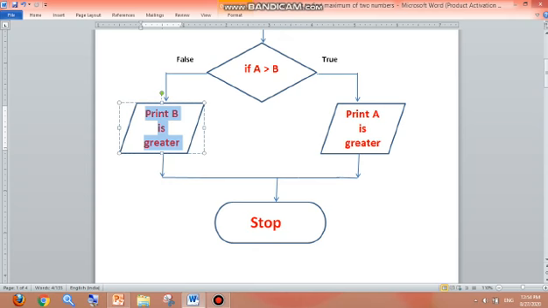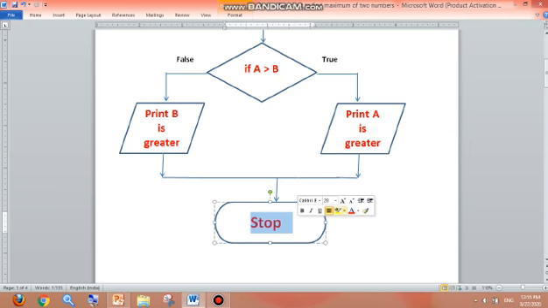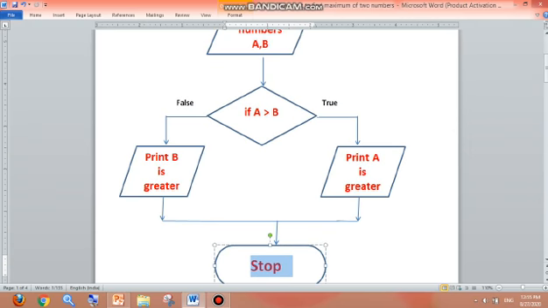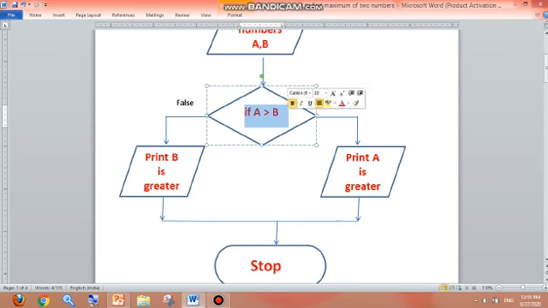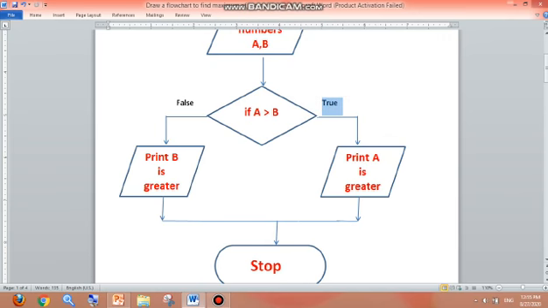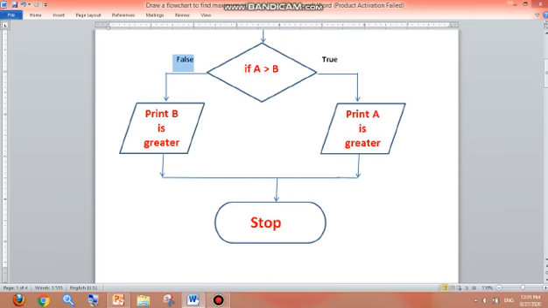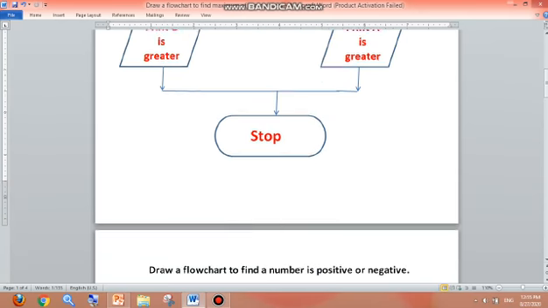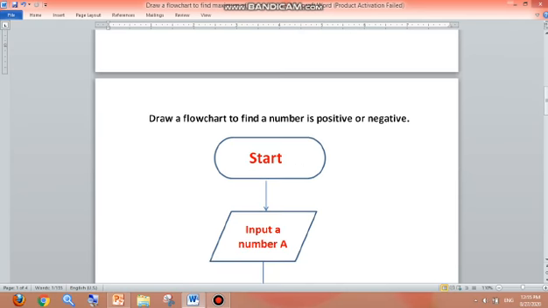And then by joining both the boxes, the last box will be the terminating box or the stop box. I hope this is clear how to use the decision box, in which we check a condition. Okay, we have to compare two numbers. So in this decision box, we will write the condition. Then we will have to specify if this condition is true, then what is to be done, and if this condition is false, then what is to be done. Okay, and then stop. Okay, I hope this is clear. Let us move to the next one.